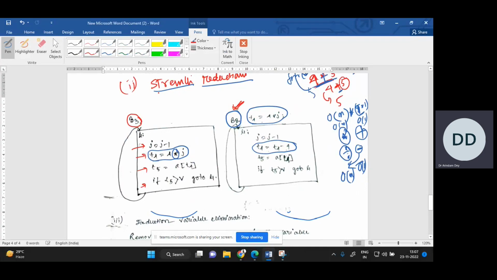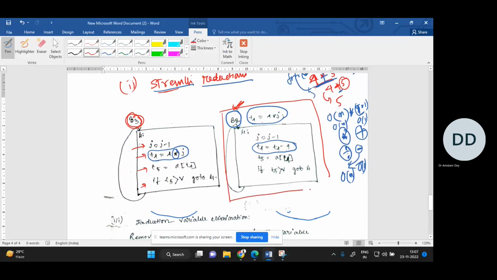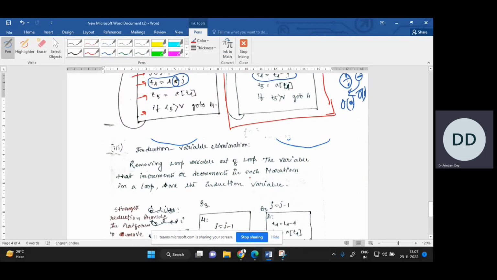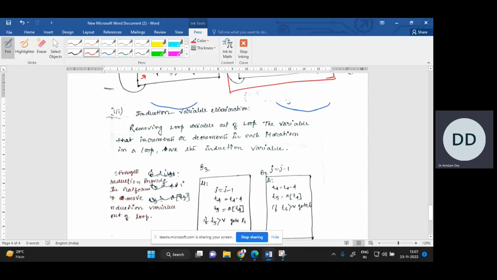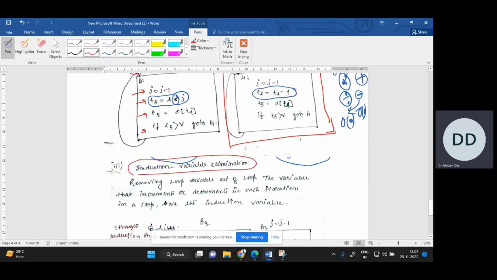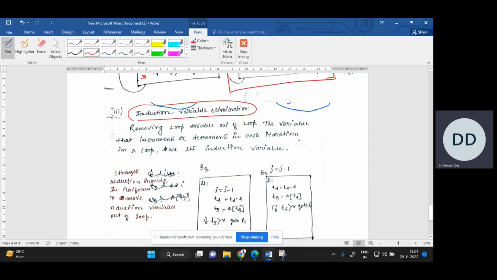So before performing strength reduction, this was B3. After strength reduction, this is the B3. Now over B3, what we can do is induction variable elimination. Induction variable means, you see that in that code, J here,